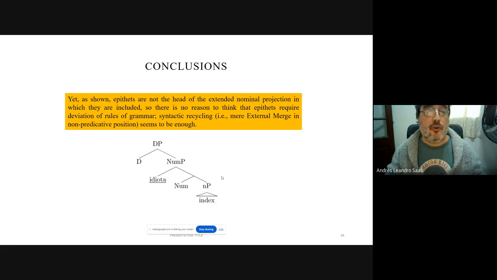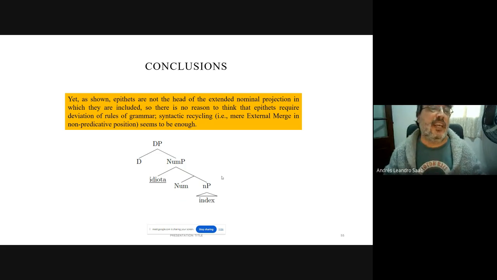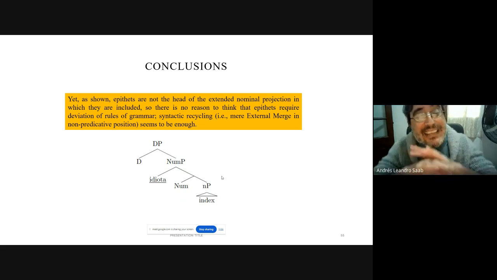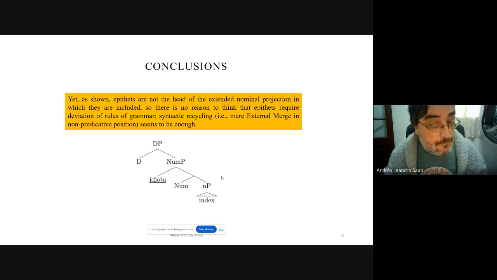However, I have shown, or I hope to have shown, that epithets are not the head of the extended nominal projection in which they are included. So there is no reason to think that epithets require deviation of rules of grammar. Syntactic recycling, this is external merge in non-predicative position, seems to be enough. Okay? Now,